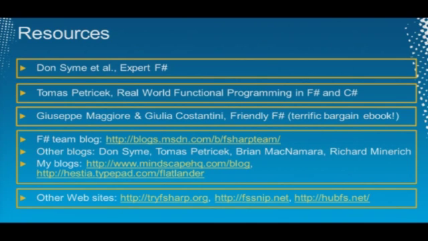The book by Giuseppe Maggiore and Giulia Costantini only came out like a week or two ago. It's only in ebook format. It's available for Kindle, PDF, and I think the Sony readers. It's about $10. It's a really good read. It's not complete beginner stuff, but it covers the territory really well in a very short format, and it's an absolute bargain. Bunch of blogs on there as well, my blogs, various F# team blogs,